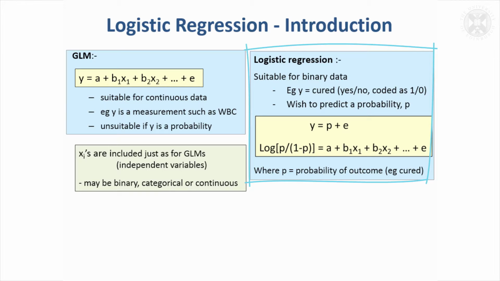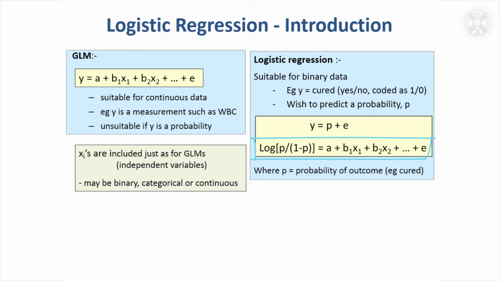So that's where this transformation of probabilities comes in. That's called a link function. And in the case of logistic regression, you take the log of this predicted probability over 1 minus the predicted probability, and you say that that's equal to the terms in your model. So we're now expressing those on a linear scale. So it's this log of the probability over 1 minus the probability which links the parameters in the model to the actual data, which is something that has a value of 0 or 1